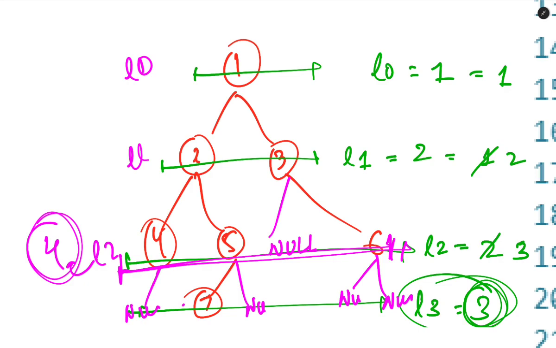So you can't just simply say the size of the level is the count of everything in it, because this level 3 size is actually 1,